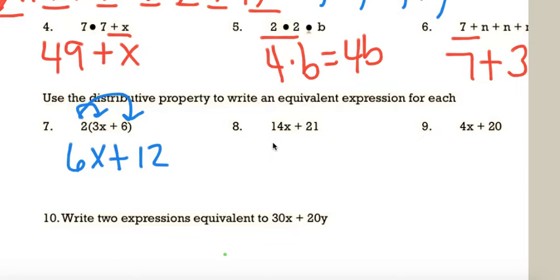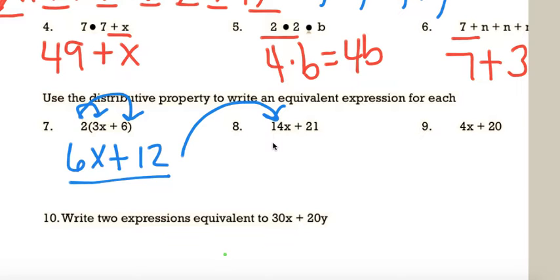Now, for number 8 and number 9, we're going to have to kind of think in reverse. We're going to have to pull out what's being distributed. It was already distributed, so kind of like the answer that we got here is given to us in the problem here. We have to find out what did they distribute out. We do that by finding a common factor. What is a common factor that we can pull out from 14 and 21? Well, we can pull out 1, but we would still get the same thing. So, could I maybe pull out 2? It would work for 14, but not 21. So I keep going through. 3 works for 21, but not 14, until I finally find a common one, which in this case would be 7. So I'm going to pull out 7,